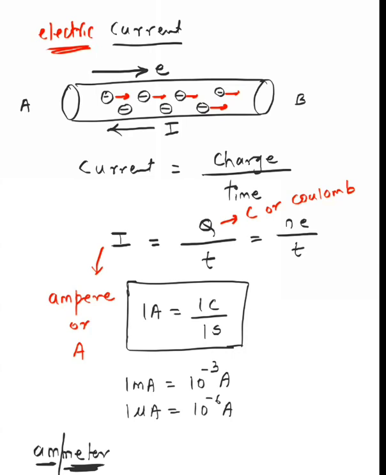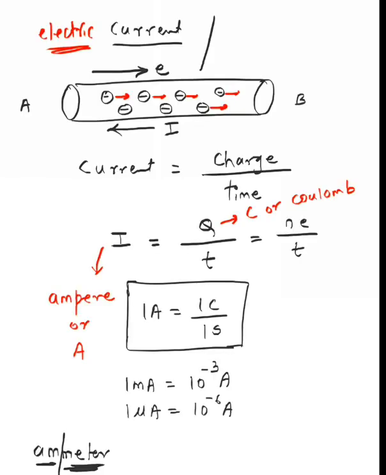Also, another thing: whatever new quantities you're doing now, like current, voltage, resistance, whatever you're going to do in this chapter, all of them are scalar quantities. None of them are vector quantities, remember. In fact, most of the quantities that you do in 10th standard are scalar only, except some which you already learned, like force, velocity, acceleration, momentum. Otherwise, everything is scalar.